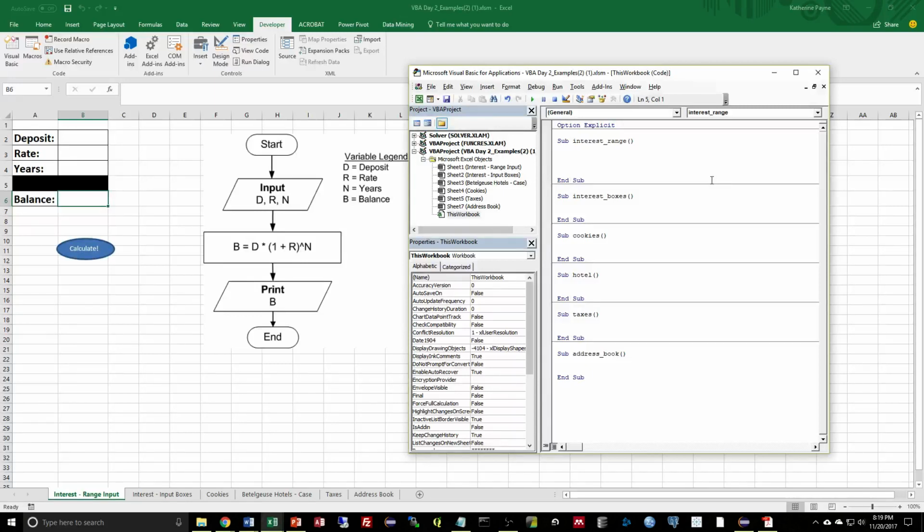So in class, we've talked about that the first thing you want to do, when you're looking at a flowchart, is to look at the legend and the variables that you have, and then declare those variables. So in this variable legend, we have deposit, rate, years, and balance. So what we're going to do is first declare variables, and then work along the flow of the flowchart. So to declare a variable in VBA, we use Dim, capital D-I-M,